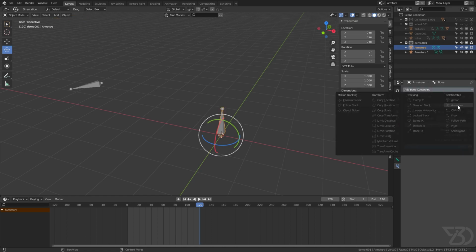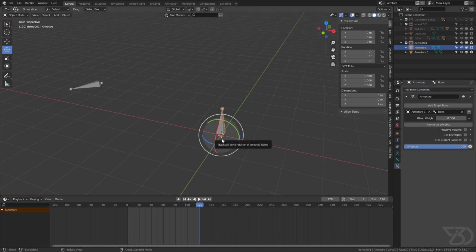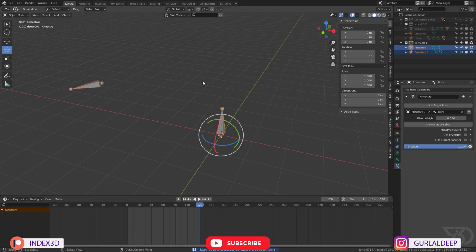And child of constraint is similar, not exactly the same, but works the same way. But I think armature constraint is better than child of constraint because that is a little glitchy. I will tell you why in a moment. So instead of using the child of constraint, you should definitely use the armature constraint.